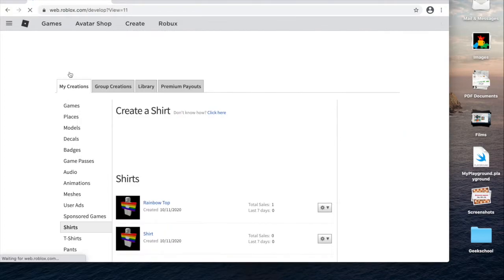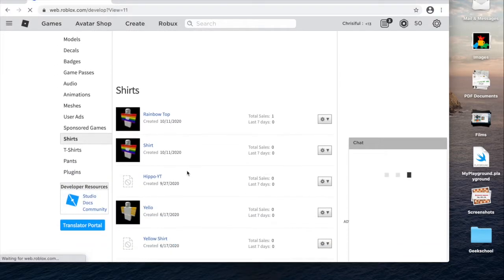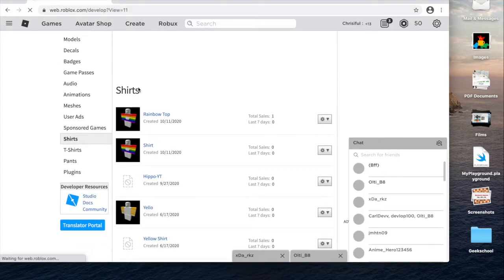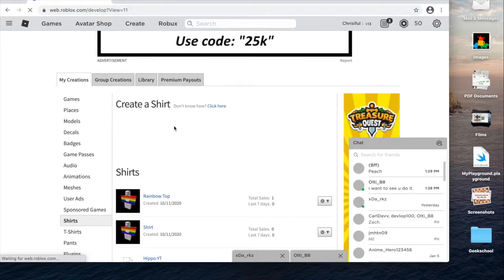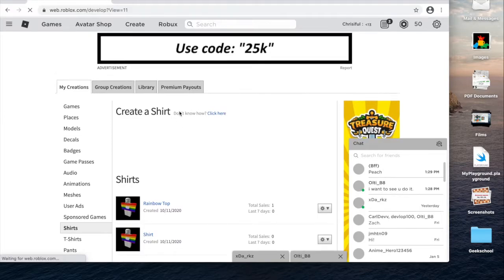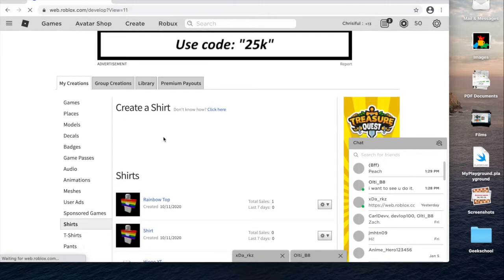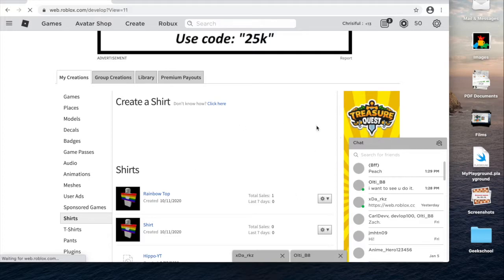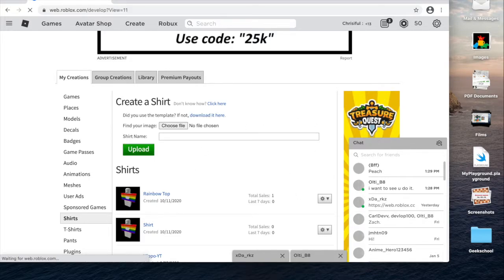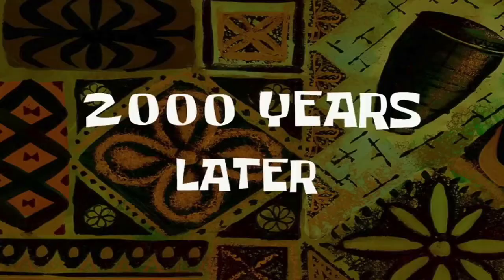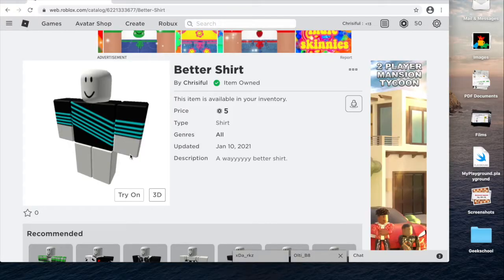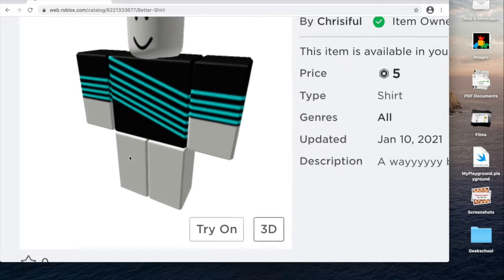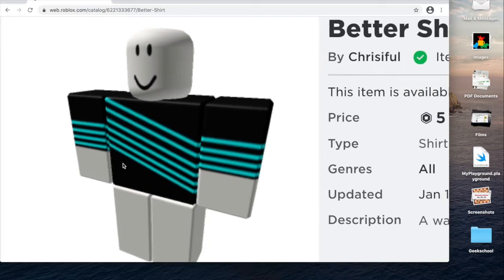You can also upload it in a group, but I don't think people have groups that often. So, oh no, it's loading. 2,000 years later. Yeah, I decided to just show you the shirt because you probably know how to make it